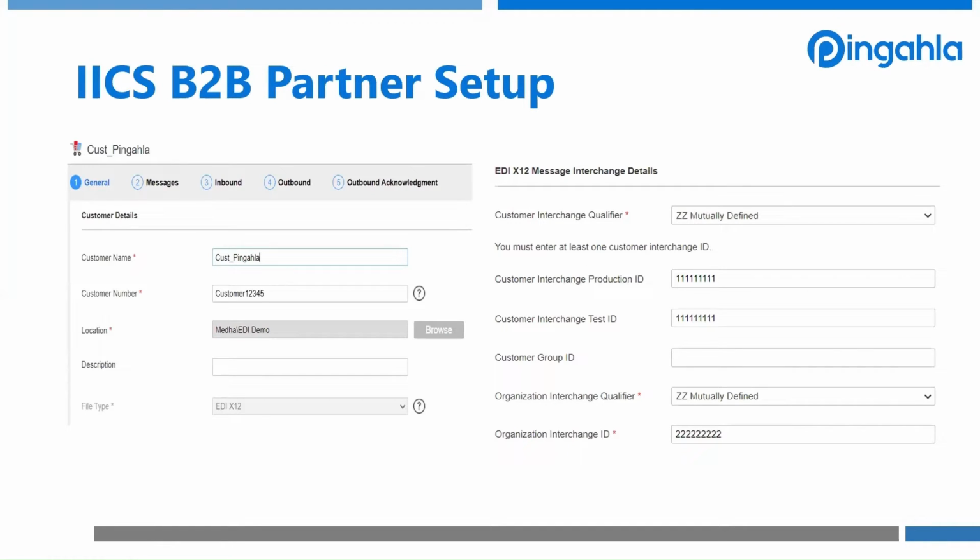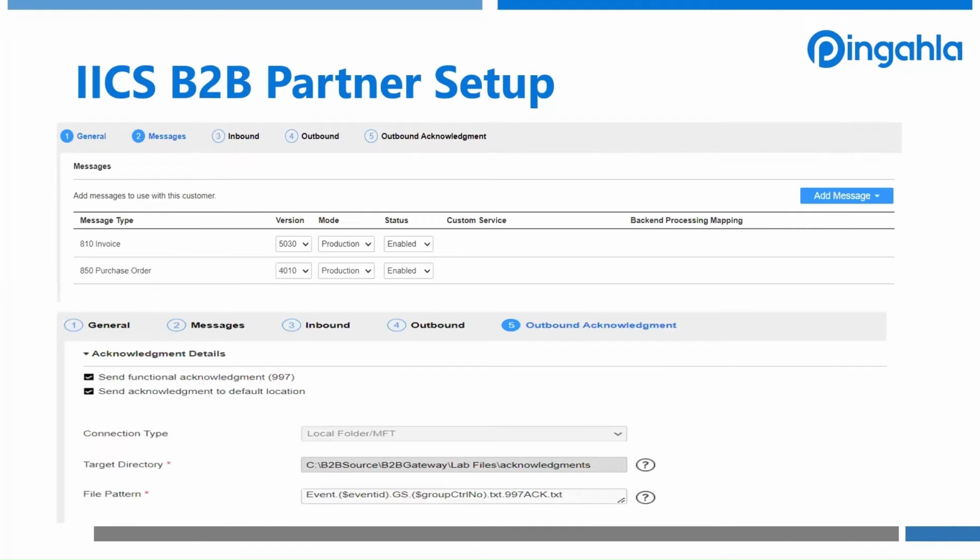Now let's look at how we set up the partner in IICS. First, we need to provide the basic details like customer name, customer number, and the file type. If we select the file type as EDI X12, we need to provide the EDI X12 message interchange details. Like here we can see the customer interchange qualifier, the customer interchange production ID, the organization interchange qualifier, and the organization interchange ID. Once these details are provided, we can go to the next tab